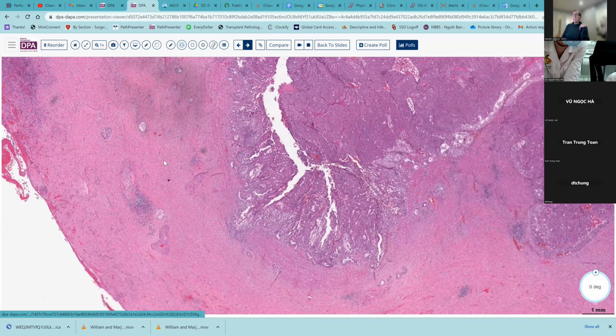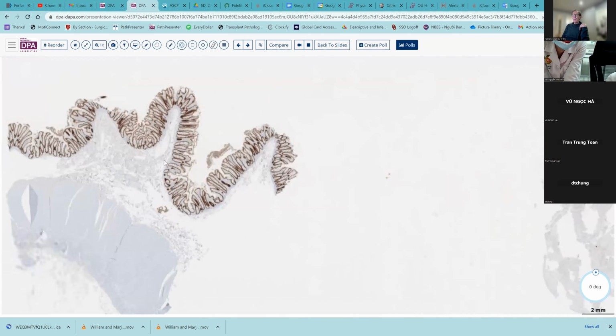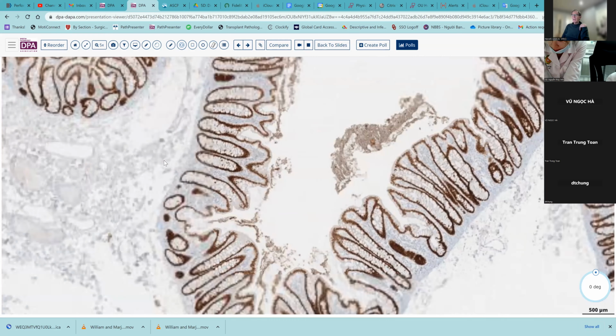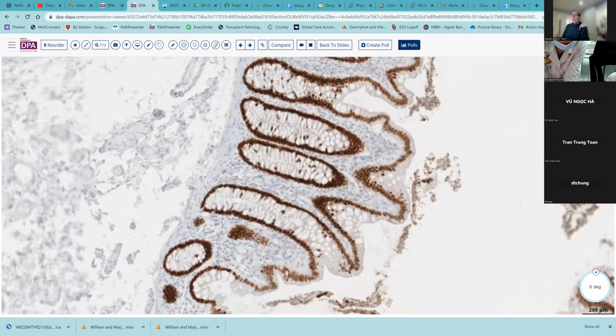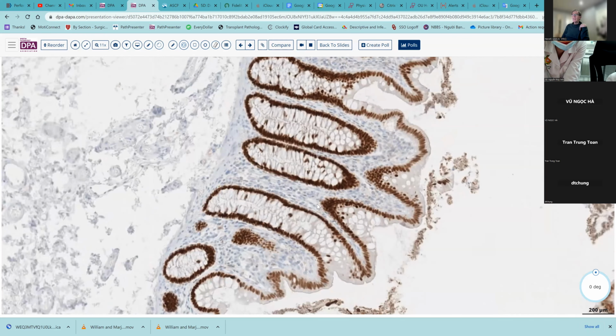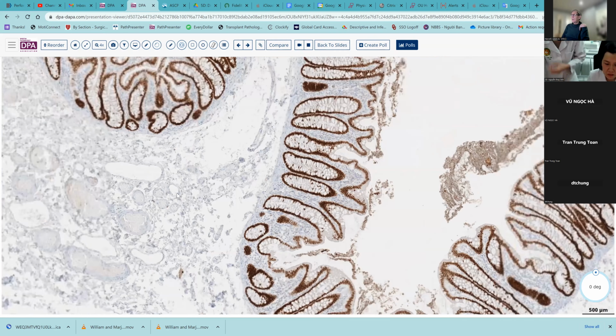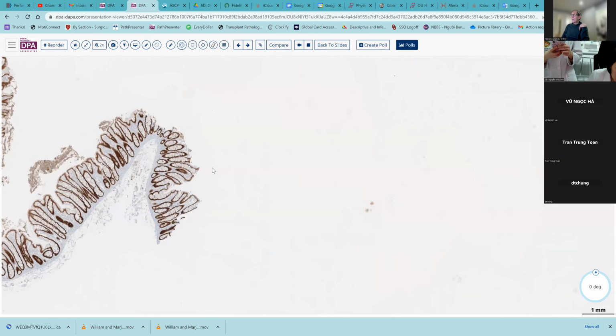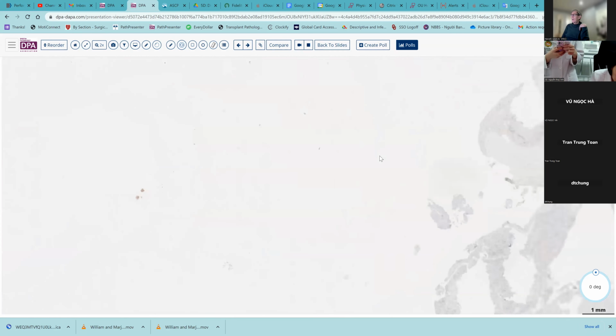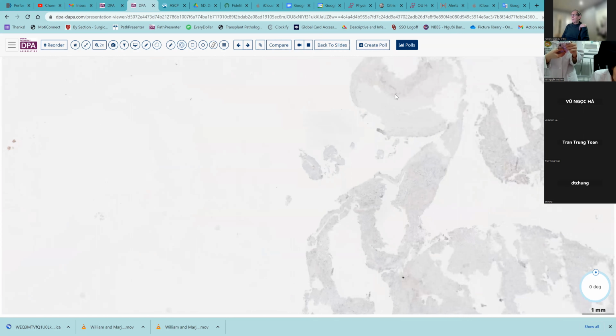So here is, I think you'll see here, we have a nuclear positive control here in colon. This is a CDX2 stain. So just out of interest, we did this to see if we had an intestinal phenotype here. And as we look at our tumor,